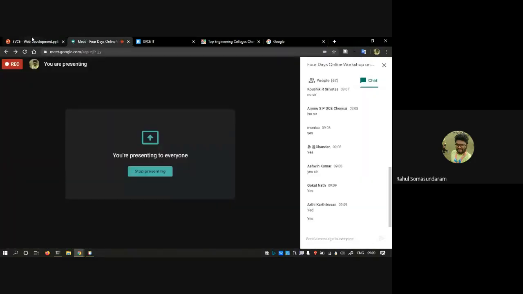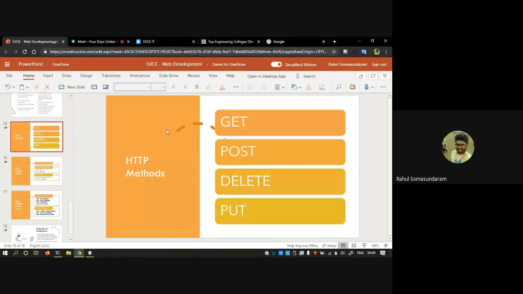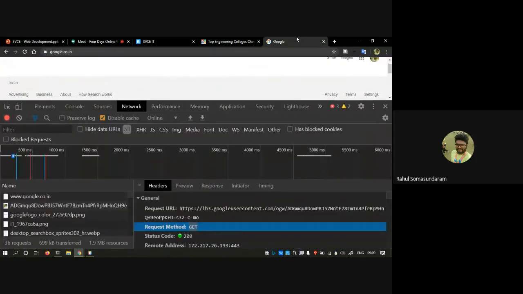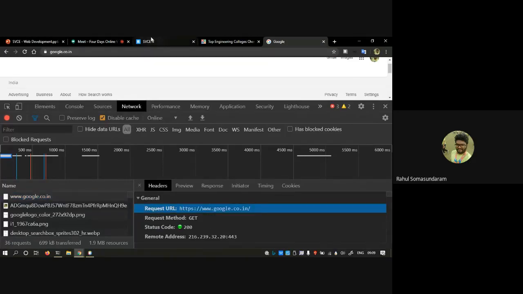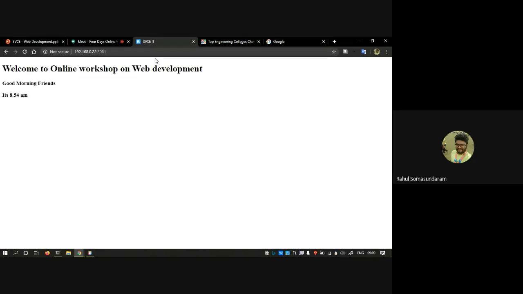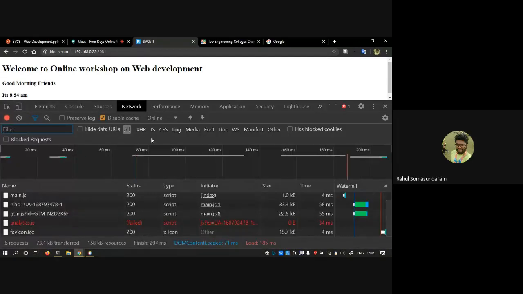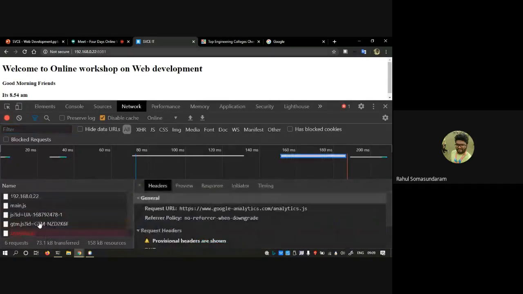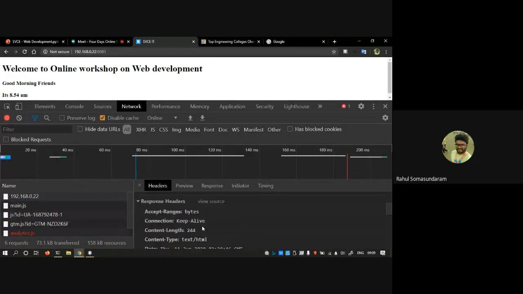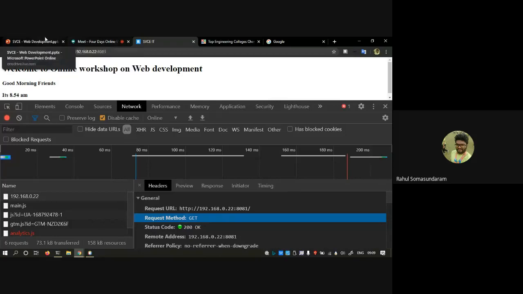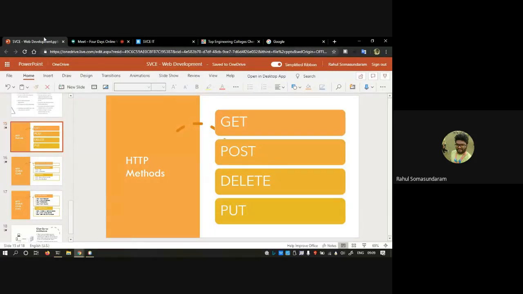So what does get method mean then? Get method is whatever you are requesting from the website. So you are requesting Google to give this content, whatever the content is. You can keep this HTML page you are requesting from Google. A simple thing I can show you. So you are requesting for this page, the index HTML page. So this is a simple GET request. Whatever you are requesting from the web server, that is a GET request.